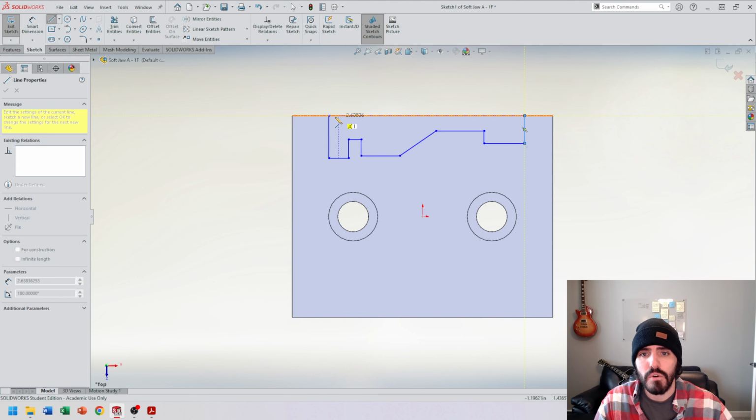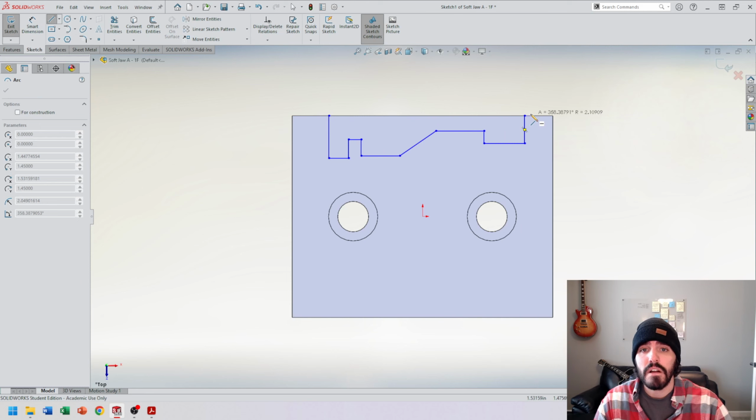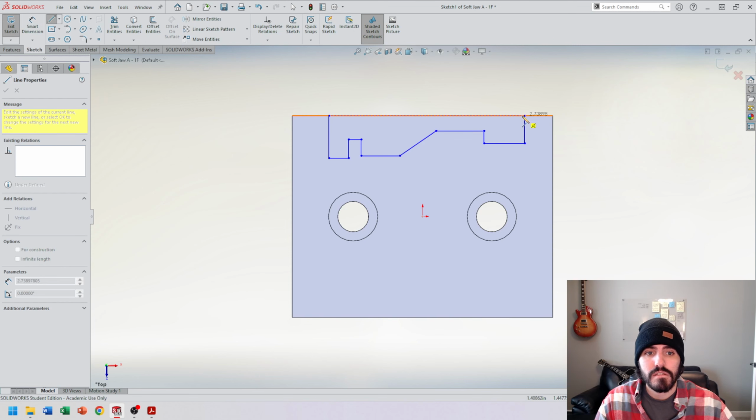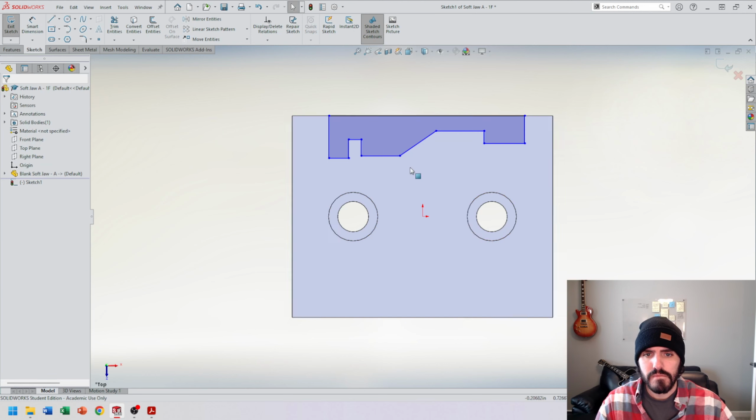And then I'm just going to close out this geometry because if I try to extrude cut this now, I don't see a watertight model. However, if I do close it out with that line there, you're going to see that it's all going to turn blue. Okay. Now we're going to go into Smart Dimension,